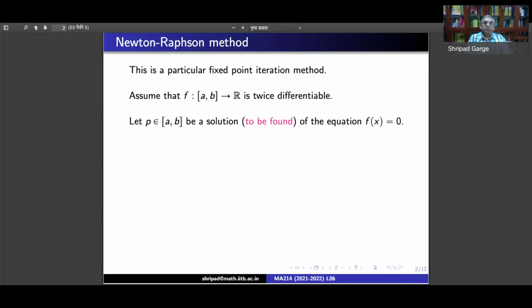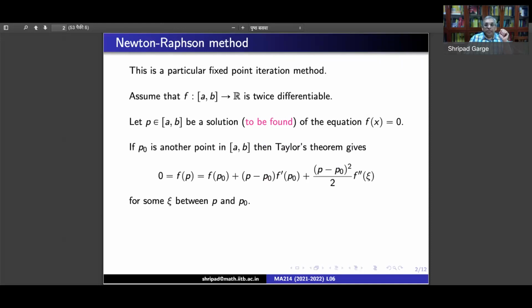So suppose there is this point p which is to be found, a solution to the equation f(x) = 0 that we start with. If you have any other point p0 in this interval, then Taylor's theorem will give you an approximation. So we have that f(p) is equal to f(p0) plus (p - p0) times f'(p0) plus (p - p0)^2 upon 2 times f''